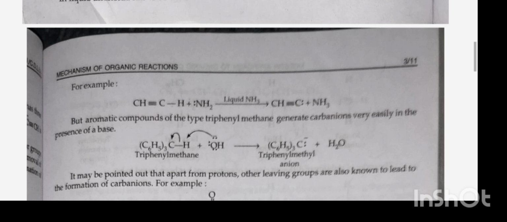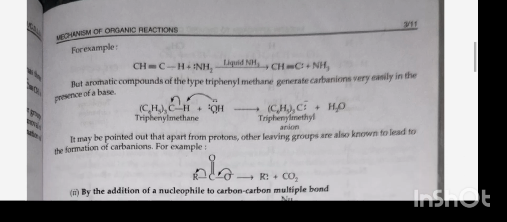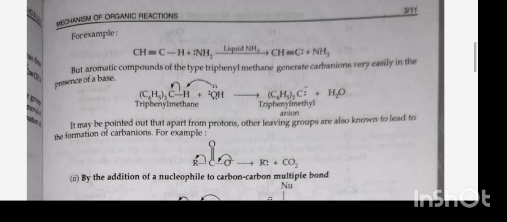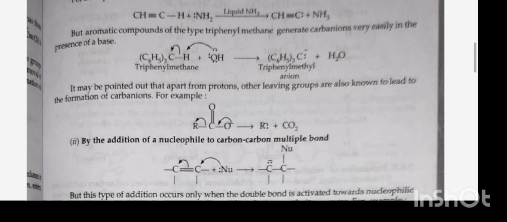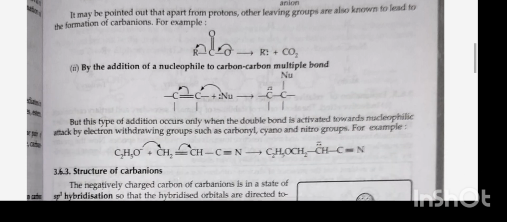For example, ethyne in the presence of liquid ammonia gives the ethynide ion plus ammonia. But aromatic compounds of the type triphenylmethane generate carbanions very easily in the presence of a base. It may be pointed out that apart from a proton, other leaving groups are known to lead to the formation of a carbanion. For example,